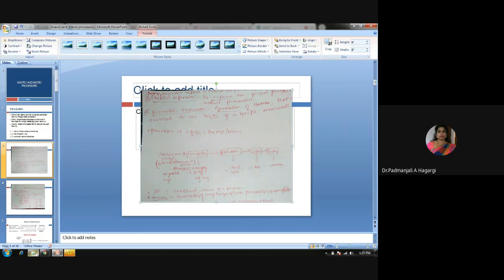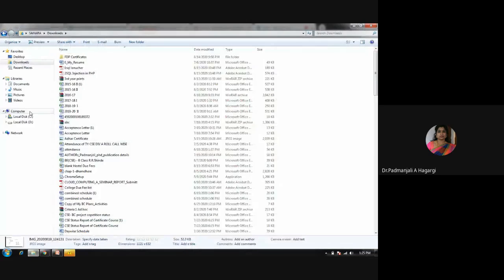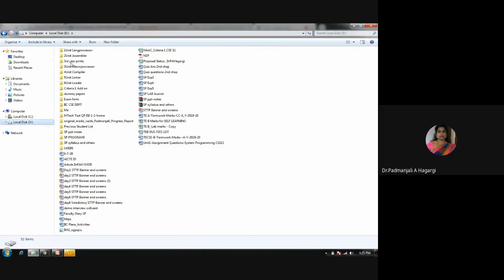So there are several aspects to understand on the compiler. But in this class, to go along with that, because in the previous class I went through the language processors, beginning with compilers, assemblers, linkers and loaders. And even when I was teaching you about the assemblers, I took the figure from the second unit, the assembler unit.